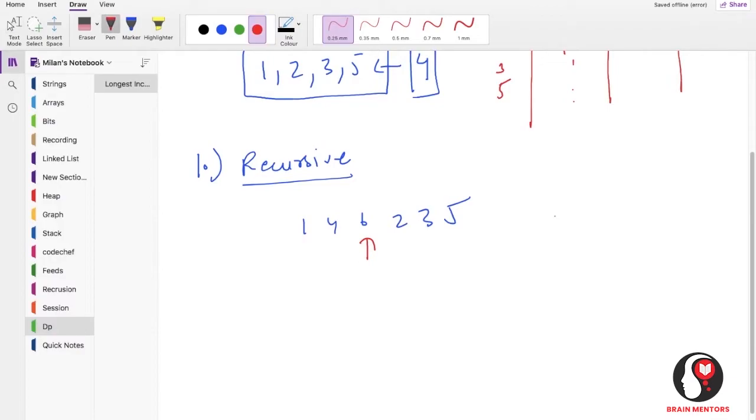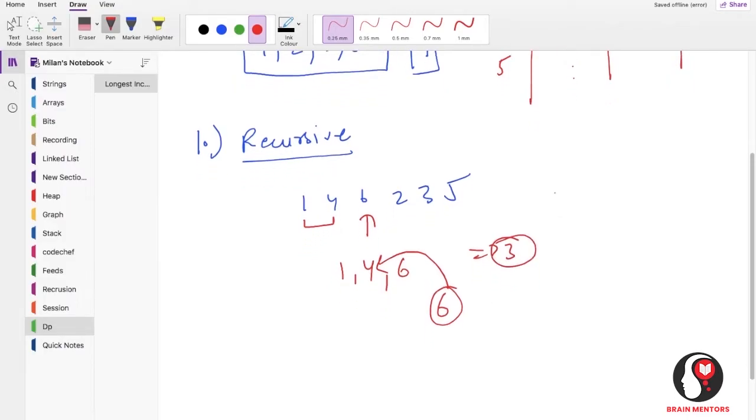So let's say our sequence was 1 4. What I'm going to compare is whether my current element 6 is actually greater than the previous element taken, that is 4. If it is, then it could be a possible longest subsequence, so we're going to increase the value and return 3 as the output.